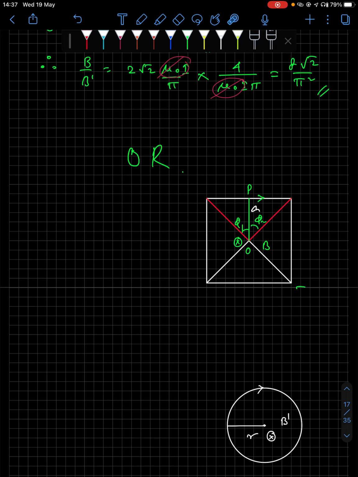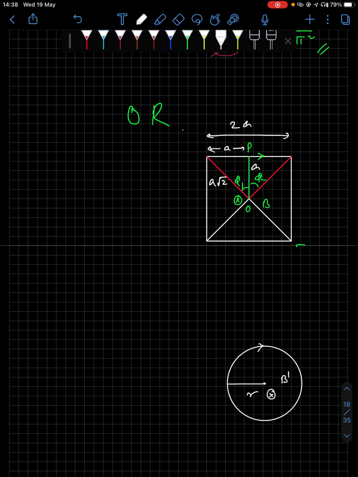Now you see, this is a right angle triangle, right? This angle is 90, this is 45, this is 45. So that is quite obvious. Now if this is A, then this side will also be A, and the entire side will be twice A. One side of the square will be twice A. So this hypotenuse of this triangle will become A root 2 by Pythagoras theorem. Clear? Now this phi 1, phi 2 is 45 as before. There is no difference with that.